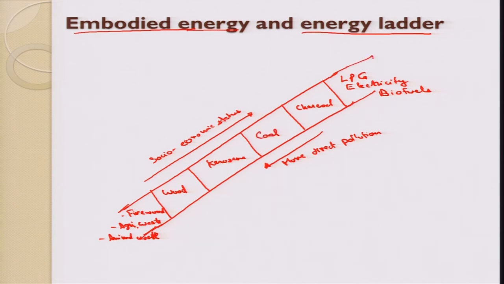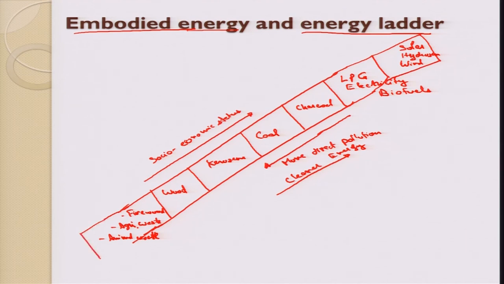So even these days there is a much higher level of energy. So we have solar energy, and we have the renewable forms of energy: hydrogen energy, wind energy, these things. So it is more direct pollution on this side. That means on the other side we have cleaner energy. So I have put it here.